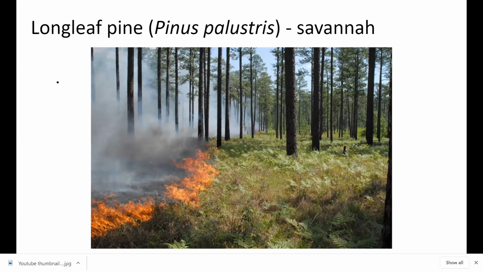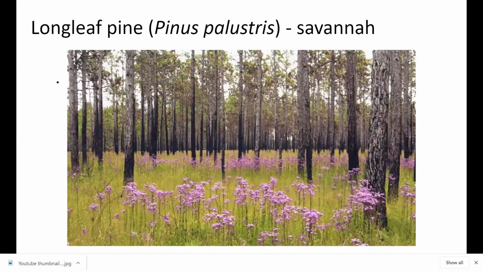So this is a photo of a savanna. This is one of these wet sites. And you can see the structure also, that it's got scattered canopy trees, but the canopy is not closed. And then the understory is grassy, really nothing to speak of in the midstory. These can be really beautiful places with really high diversity of all the plant communities in the South,